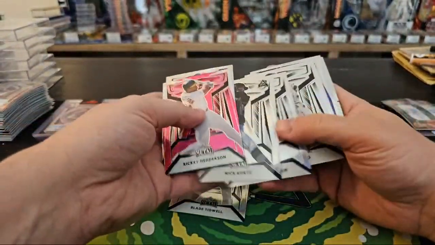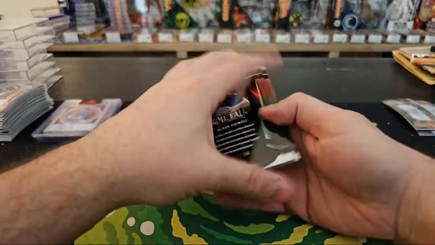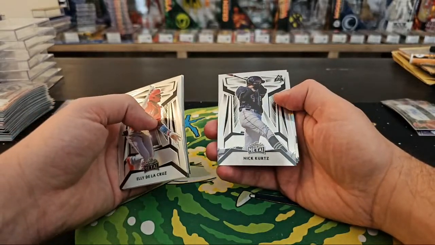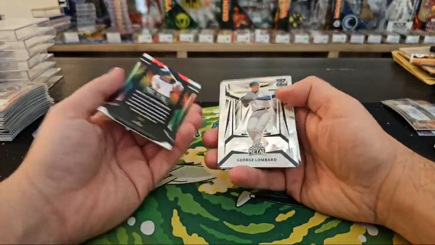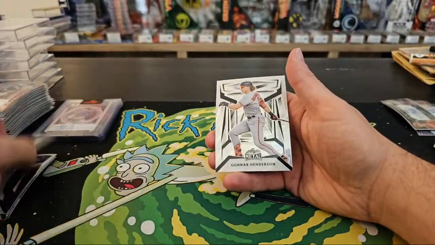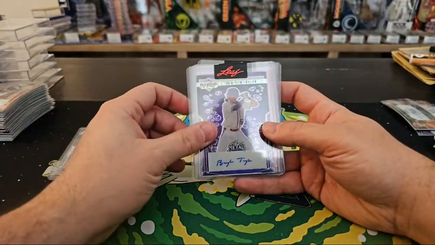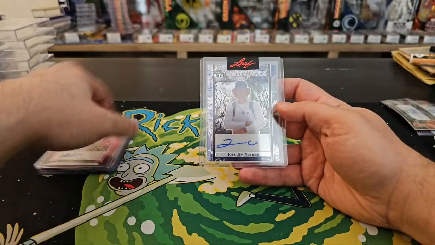Alrighty, guys, let me recap first, and then we will randomize. 189. Alright, these are all the 189. Ellie De La Cruz C, Gunnar Henderson H, Walbert Urena U, Carlos Lagrange L, Josh Noth K, Nick Kurtz K, Emmett Sheehan S, Ichiro I, Blade Tidwell T. We had Ricky Henderson at a 7H, George Lombard at an 8L, Michael Arroyo at 8A, Nolan Chanel at an 8S, Gunnar Henderson at a 10H. These are all our pre-production. Blade Tidwell T, Emmanuel Bonilla B, Braden Taylor T, Frank Thomas T, Braylor Guerrero G, Noble Meyer M, Yohendry Vargas V,